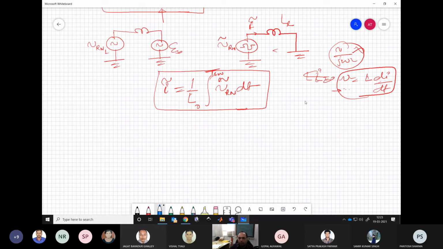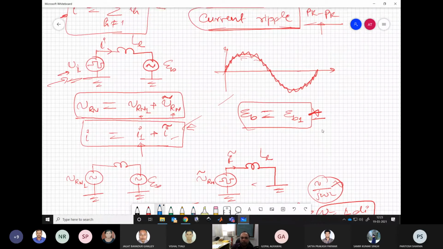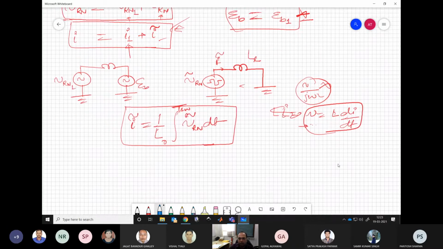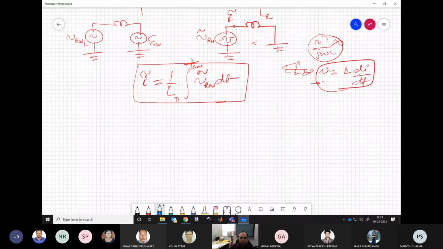So ultimately for every switching cycle, wherever it starts, let's say it starts from here, it is going to come back to this point. This is what is the meaning of ripple. If it is changing its value, then it means this is not ripple. This is some kind of average value in the current. That is why there is no constant term added over here. So at 0, the value of ripple is 0, and at TSW, again this is going to be 0. But in between there will be some changes in the ripple value.